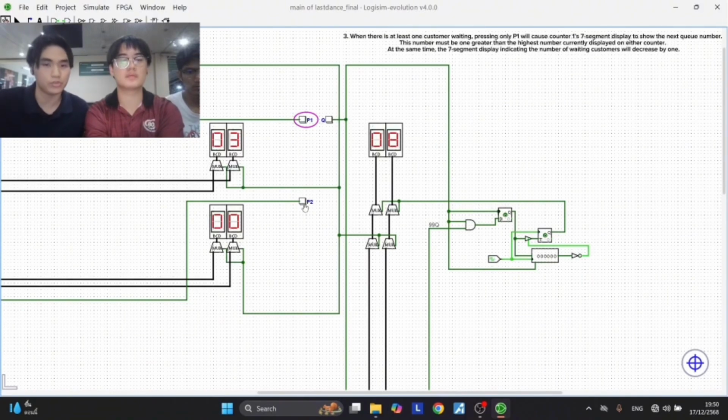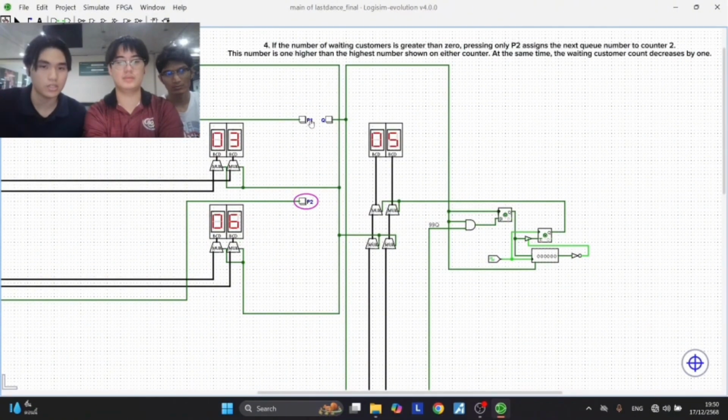And for P2, when I press P2, it has to increase by 1 from the number of P1. As you can see, I pressed P2 three times and it shows 6, and the queue decreased by 3. The next condition is when the queuing reaches 0 and we press P1 or P2,